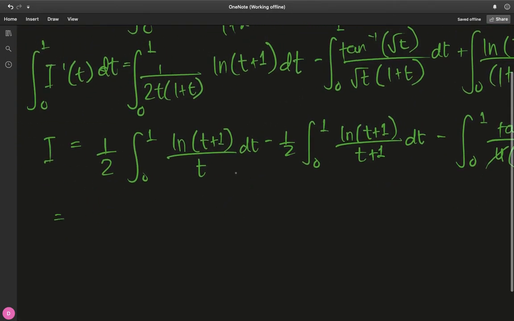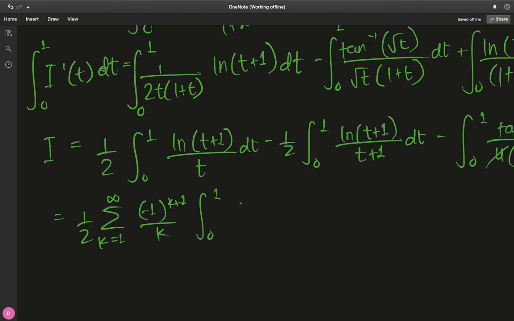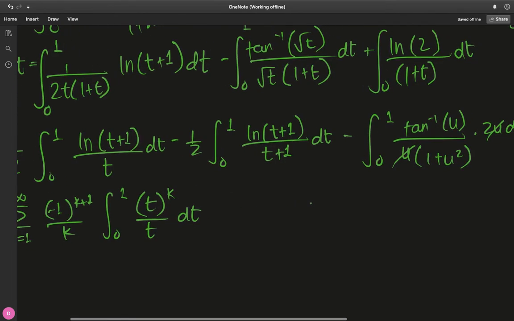Now I would like to use the Taylor series for the natural log here, because that's the only place we have a great job of actually cancelling out the denominator. So we have half of the sum from k equals 1 to infinity of minus 1 to the k plus 1 divided by k times the integral from 0 to 1 of t to the k divided by t dt